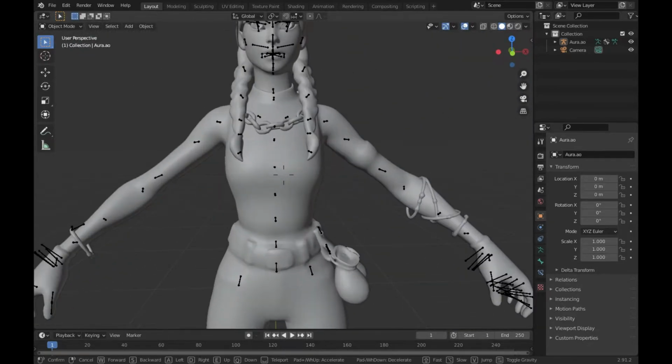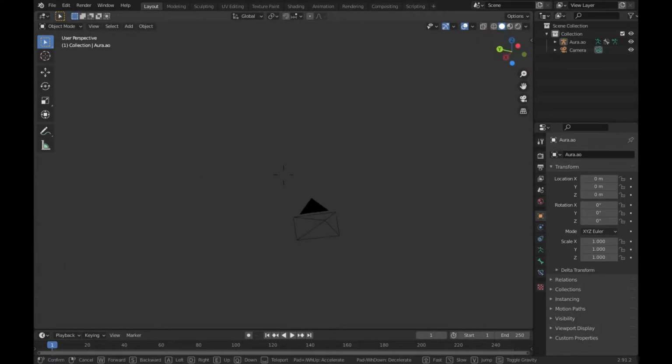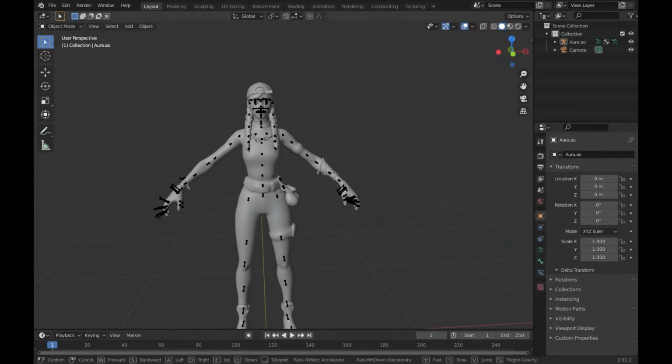If you guys don't know how to get a character in, watch my tutorial I made a while back. It'll be like the eye card on the top right, somewhere like right there or something. Probably like over there. Anyways,